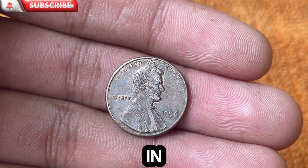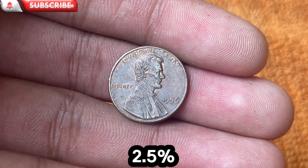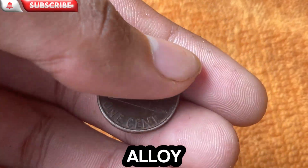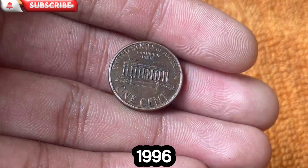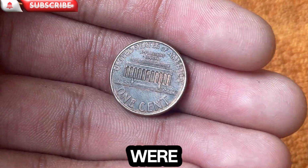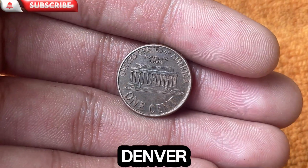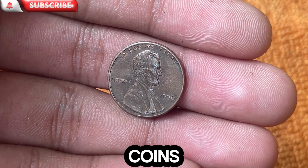The coin is struck in a composition of 97.5% zinc and 2.5% copper, as the U.S. Mint switched from solid copper to this cheaper alloy in 1982, due to rising copper prices. In 1996, the Lincoln cents were minted at three major facilities: Philadelphia Mint, no mint mark; Denver Mint, mint mark D; San Francisco Mint,